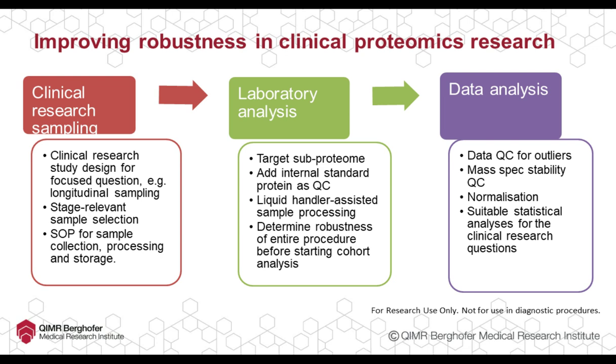if there are any outliers, either due to technical reason or a biological reason, those outliers should be removed from further analysis. The mass spec stability across large cohorts definitely should also be analyzed. So usually there should be mass spec QC samples, for example, often used HeLa digest, or a BSA digest, just